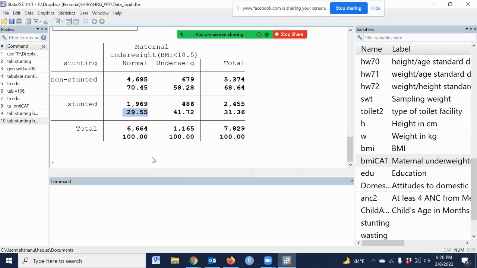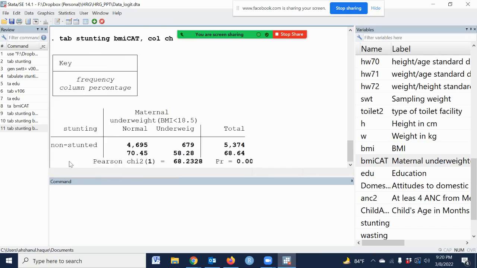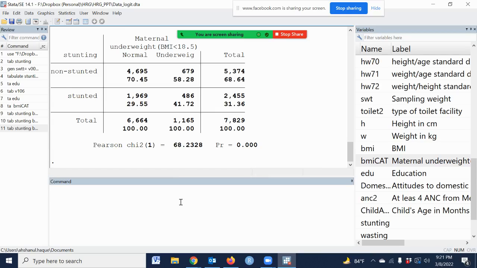And to check whether this is significant or not, we just type chi. The p value is 0.000, so the relationship between the two variables is statistically significant.